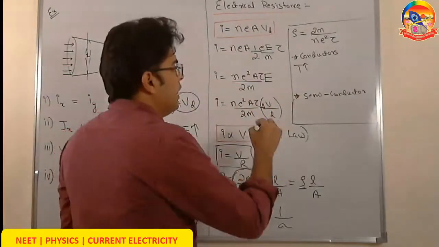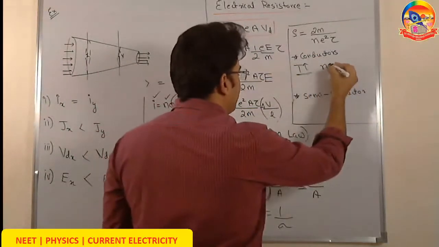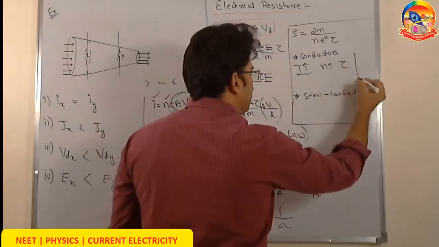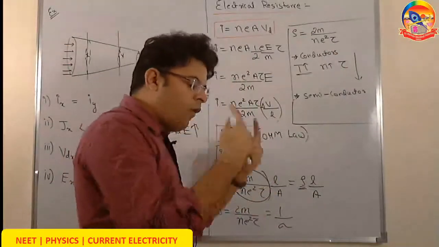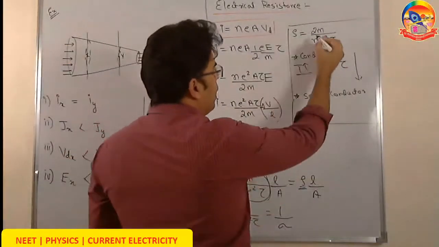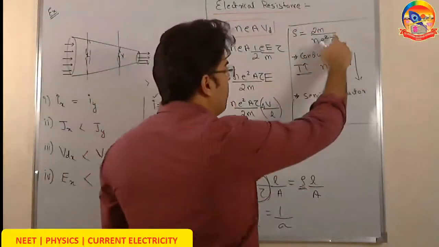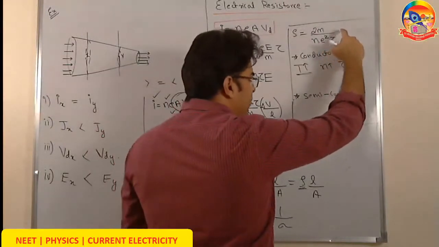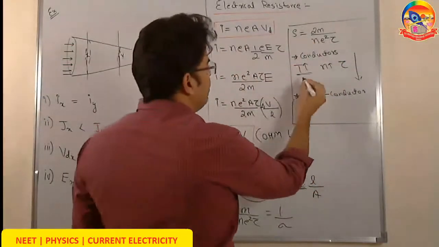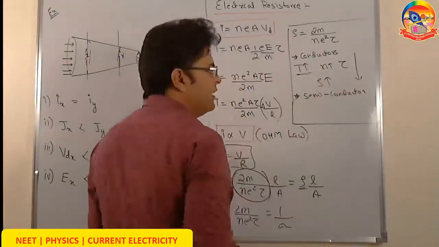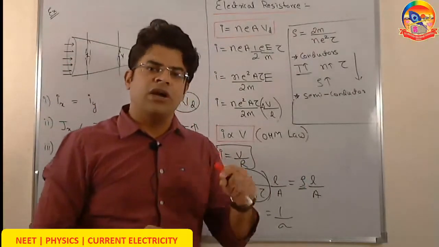So because of this, in case of conductors, when temperature increases, the number of free electrons per unit volume definitely increases, but there is a huge decline in the relaxation time. It becomes very small because the number of collisions becomes very large. So when you heat up a conductor, the number of free electrons per unit volume increases, but the relaxation time decreases drastically, because of which the whole denominator decreases, and since the whole denominator decreases, we say that as temperature increases, resistivity increases. In case of semiconductors, there are very few free electrons in the conduction band.